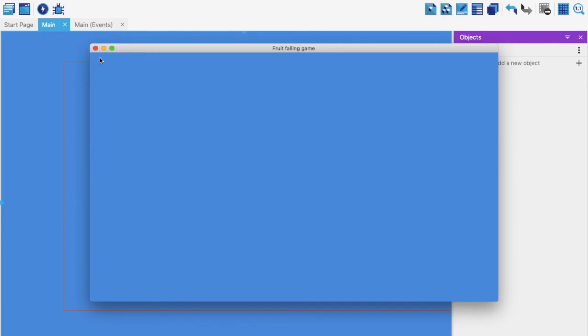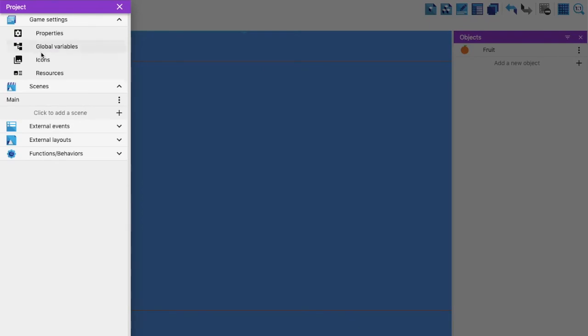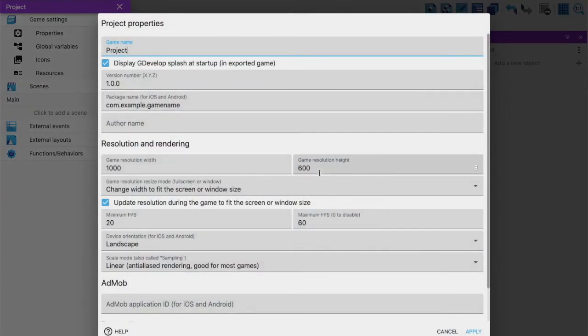Why this is important you will understand in a few minutes when I start adding the events and the actions. But please remember that origin is here, and this is the x-axis and this is the y-axis, and over here in the game settings, in properties, you can change the height and the width. I'm going to keep it 1000 for now as I have changed.